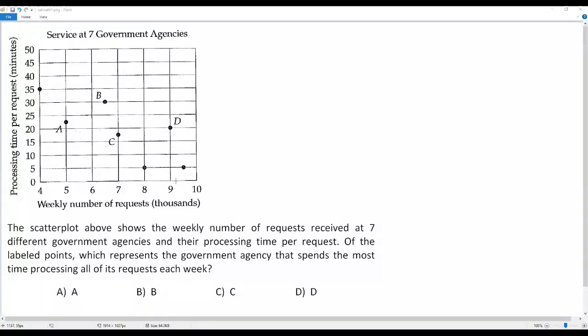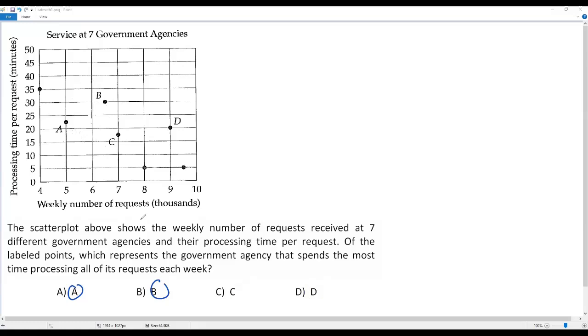Here we have a SAT math problem. Okay, let's go to the question. The scatter plot above shows the weekly number of requests received at 7 different government agencies and their processing time per request. Of the labeled points, which represents the government agency that spends the most time processing all of its requests each week? Okay, so here in the given answer choices, we have the government agencies A, B, C, and